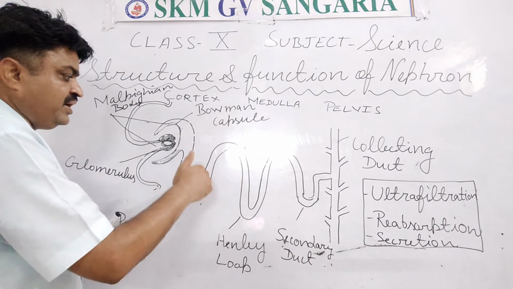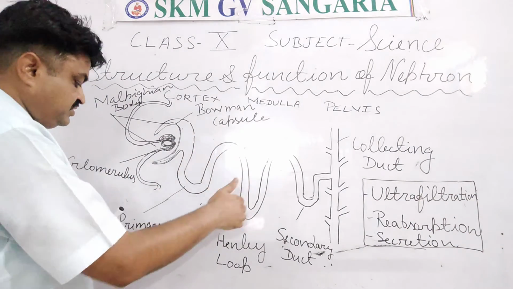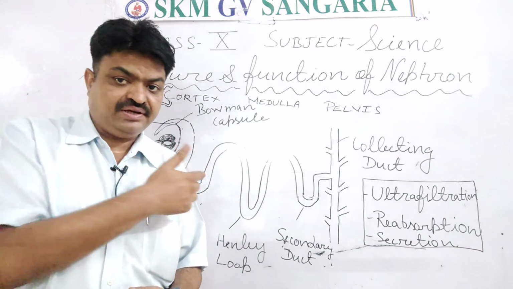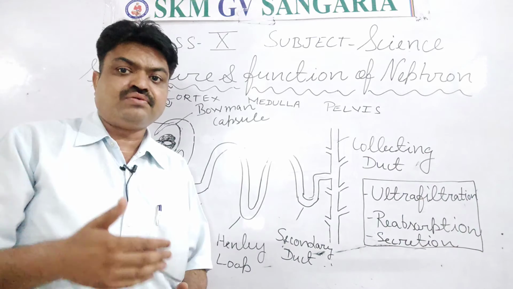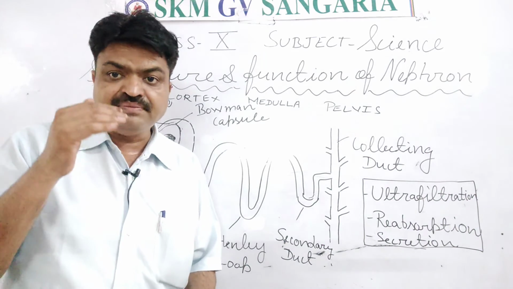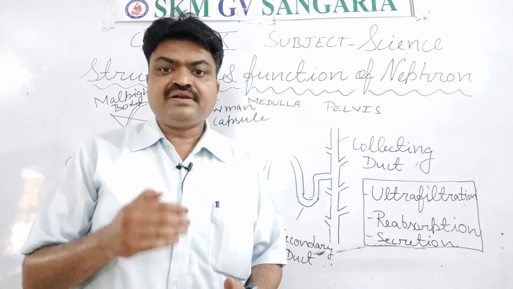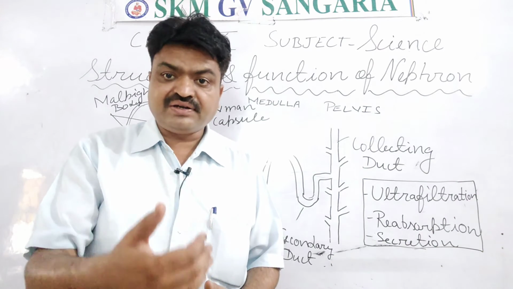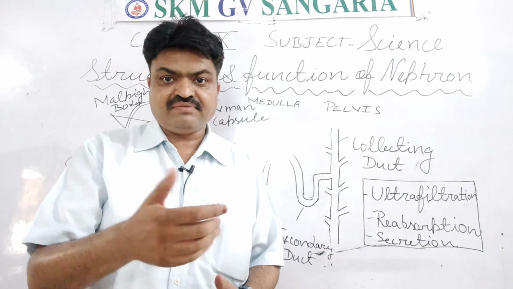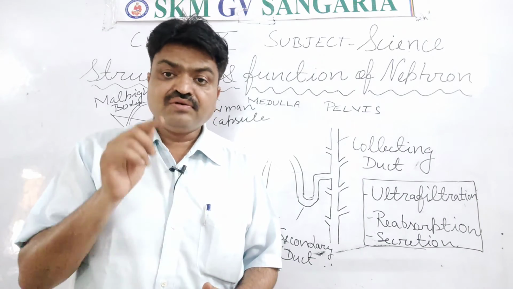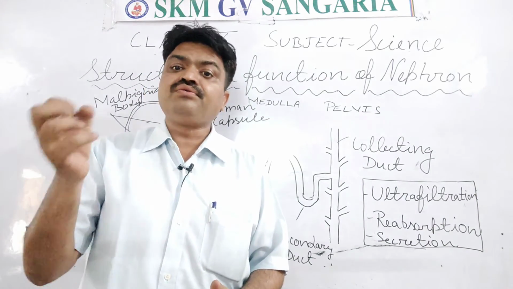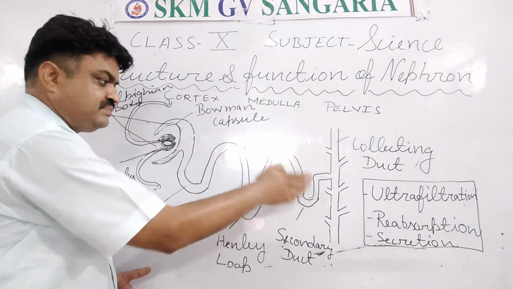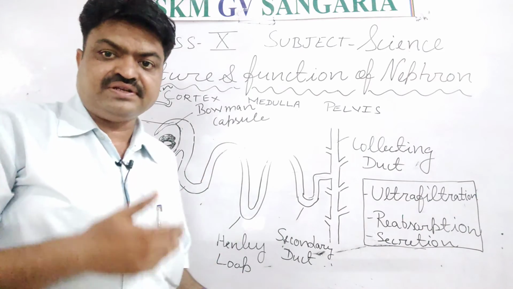and in the osmosis the useful substances like glucose and salts are absorbed by these ducts. That's why it is known as reabsorption, meaning the important substances like glucose, protein, water, excess water, some important salts, or sometimes urea and uric acid are also absorbed by these ducts, and that process is known as reabsorption.